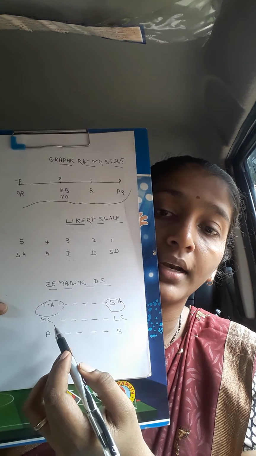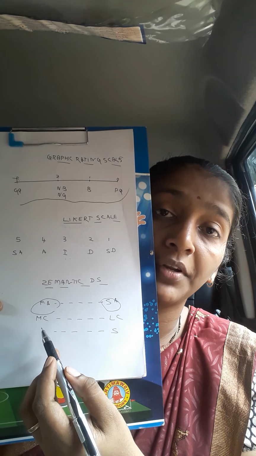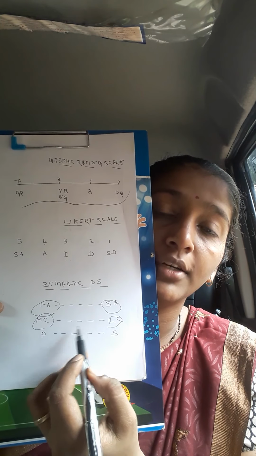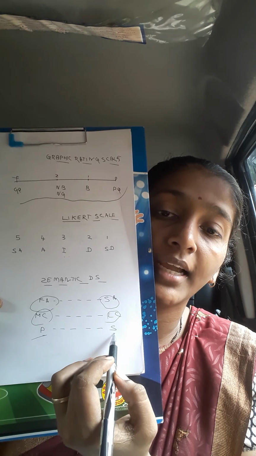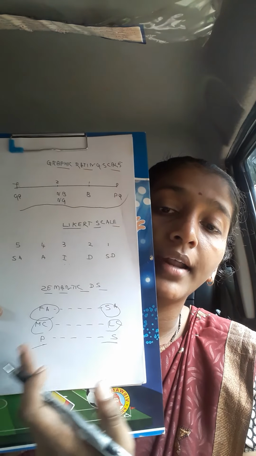In between there is no rating. Or if you provide an extra pillow for a patient who is suffering with pain, whether they will get more comfort or less comfort. See, two different ends we are assessing. Or else it is plain or stylish, your dressing sense. Whatever you want to do, you are trying to estimate it between two different extreme ends. So this is what is used in the semantic differential scale. I hope you understood. You need to write these two examples so that you can convey to the examiner that you really know the answer.